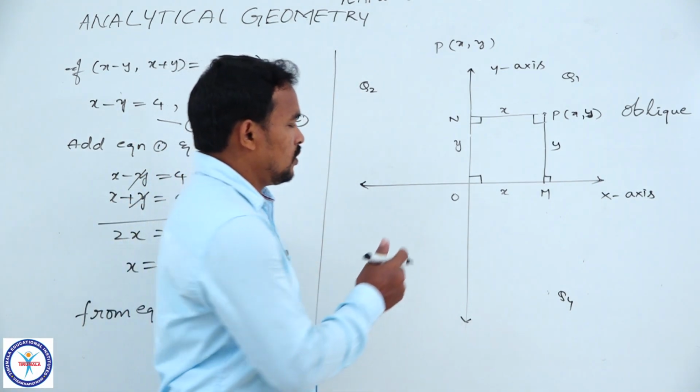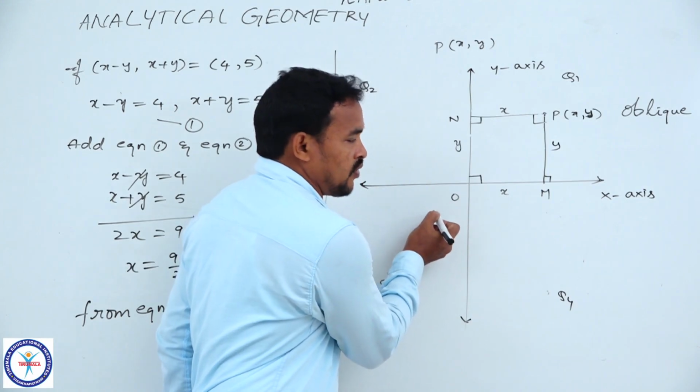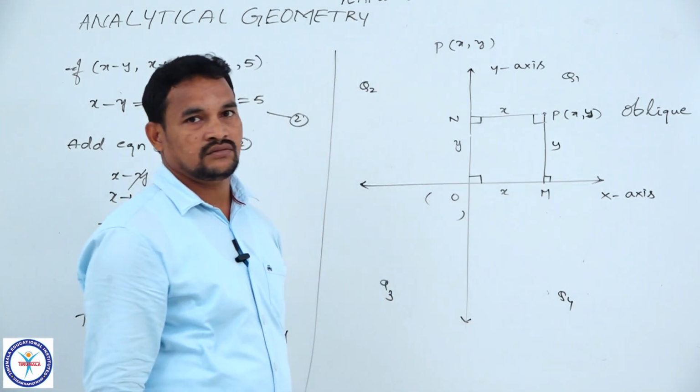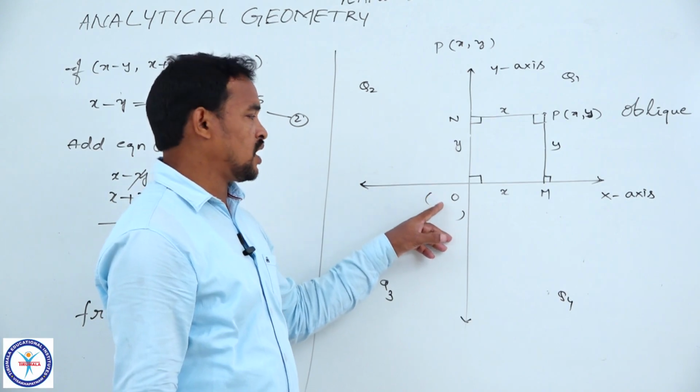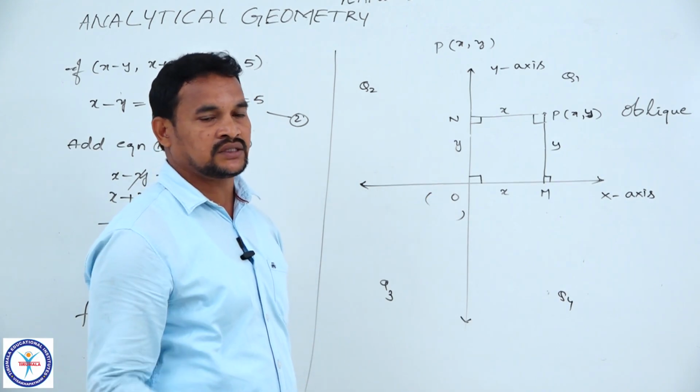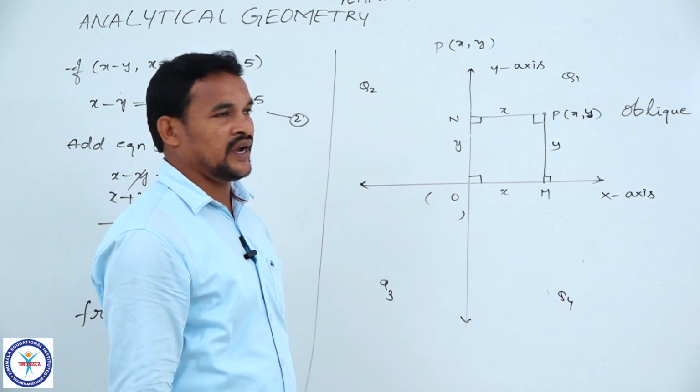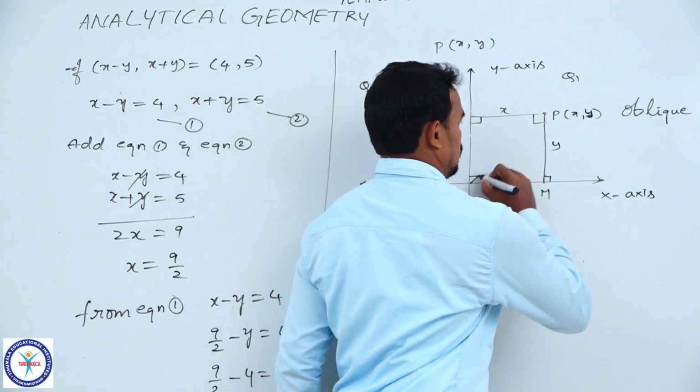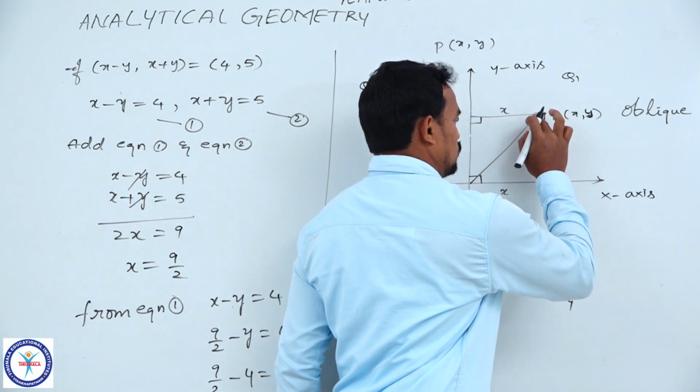Now, what are the values of x comma y at the origin? At the origin, what is the x value and what is the y value? How to find out? Here see, now join O and P. Like this, when you join,